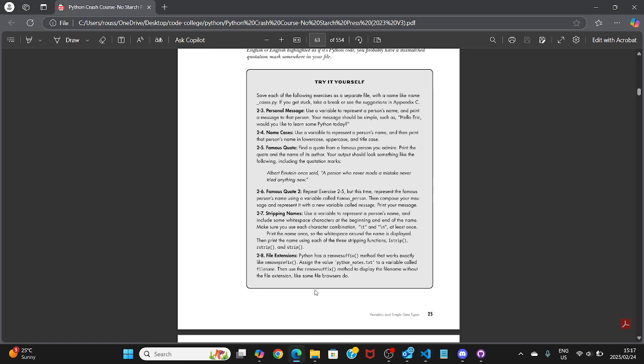And then moving on, we've got stripping names. Use a variable to represent a person's name and include some white space characters at the beginning and end of the name. Make sure you use each character combination, \t and \n, at least once. Print the name once so the white space around the name is displayed. Then print the name using each of the three stripping functions, lstrip, rstrip, and strip. Okay,